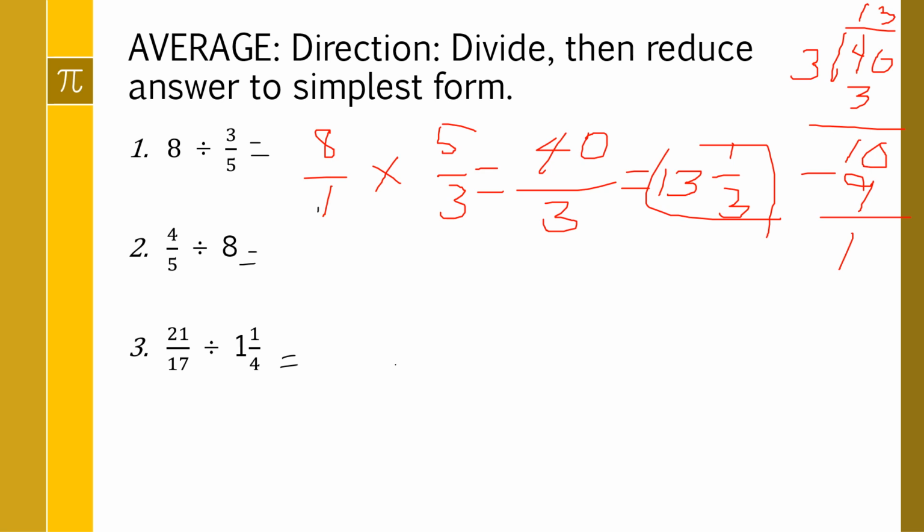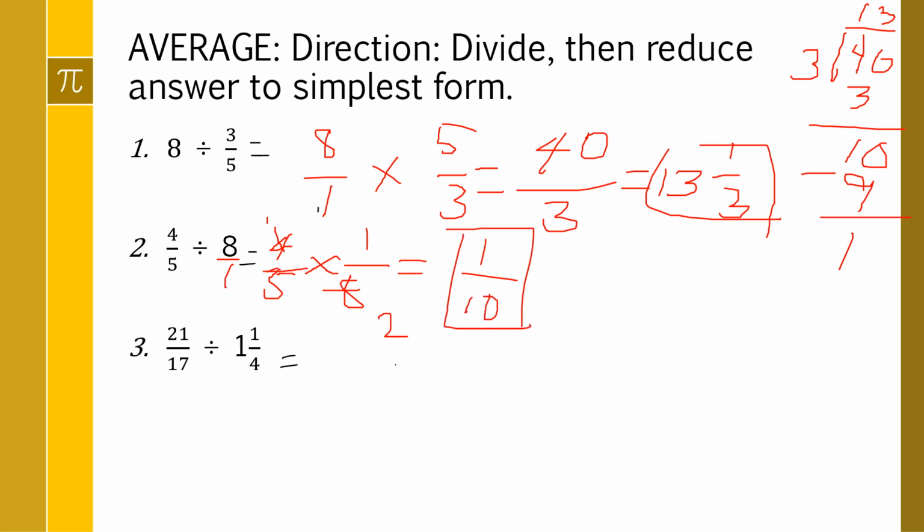What about the second? So we have 4 over 5. Okay, so 4/5, as I told you a while ago, your 8 has the denominator 1. So we will flip it directly, it will become 1/8. Okay, so then using cross multiply, so we have 8 and 4, the GCF is 4. So 4 divided by 4 is 1. 8 divided by 4 is 2. So 1 times 1 is 1. 5 times 2 is 10. So 10 is our final answer.